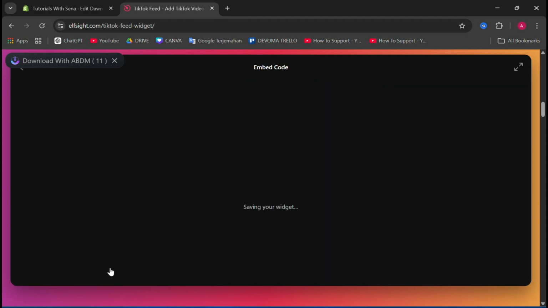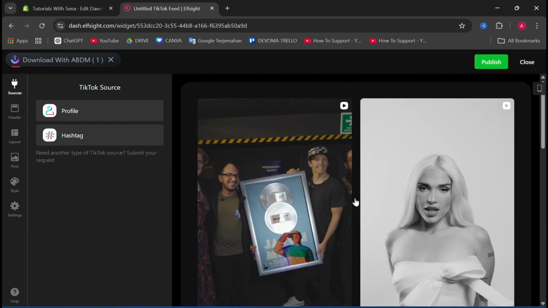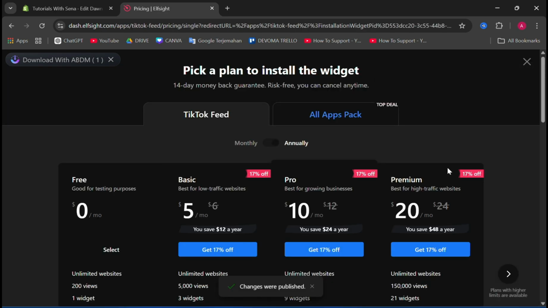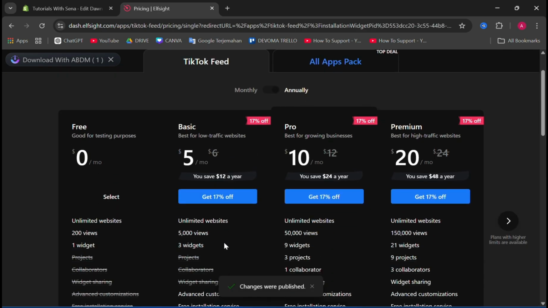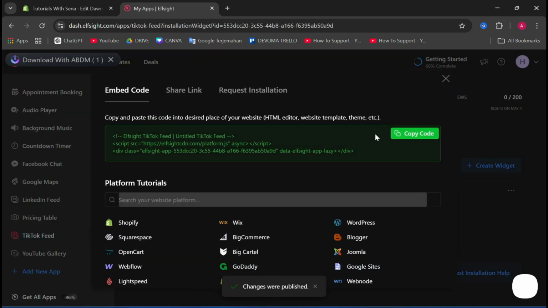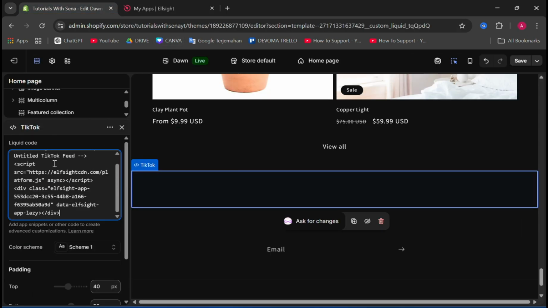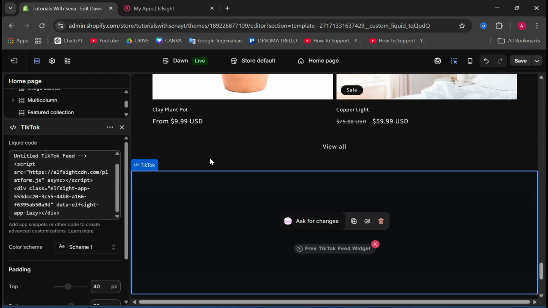After that, you can just click add, and then this is the preview. So if you think this is good, you can just click publish, and then you can select the plan. So I'm going to choose the free one, and then you can just click copy the link. I mean the code, copy the code, and then back to the theme editor and paste the code here, and wait for a few seconds until it appears in your website,